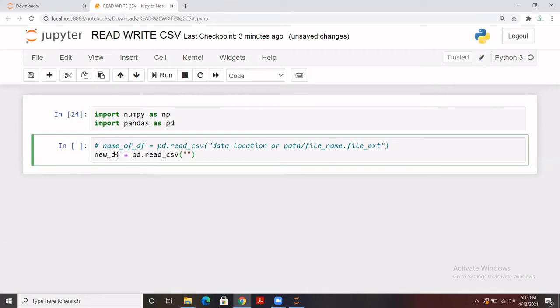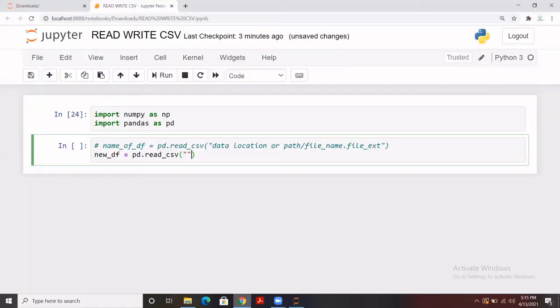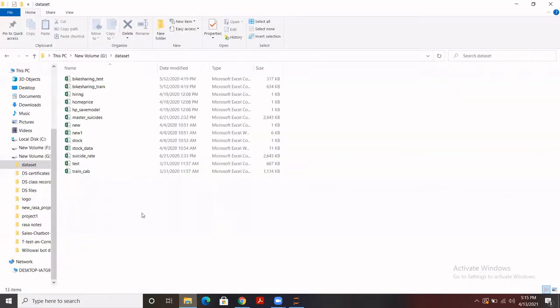So the same thing we are going to apply here. I have given the name as new_df. pd.read_csv is the function which I'm going to use to read that data. And now I have to copy the path. This is the option: you simply click here and copy the entire path, press Control C to copy, then move to this Jupyter notebook and paste it here. Then, as I said, forward slash file name means from this location, what file or what data you want to import, because at this same location we have multiple data sets. So which one do you want to import?